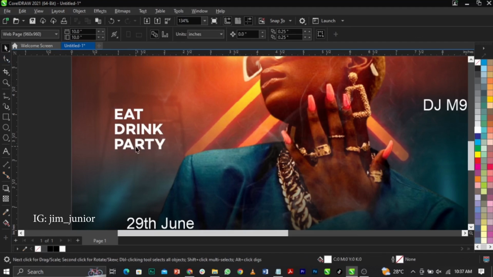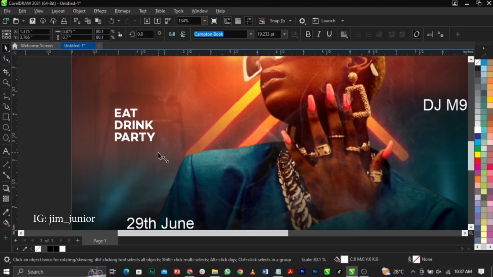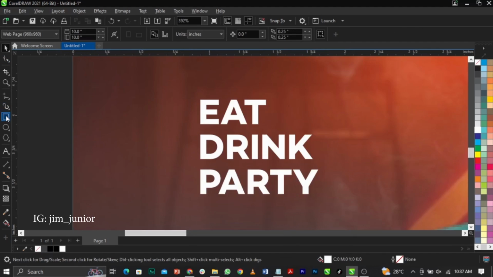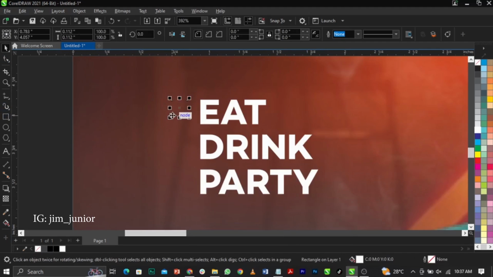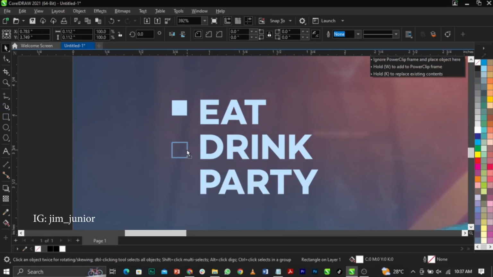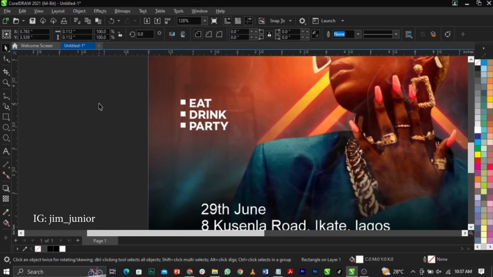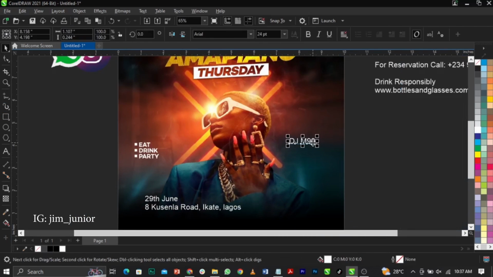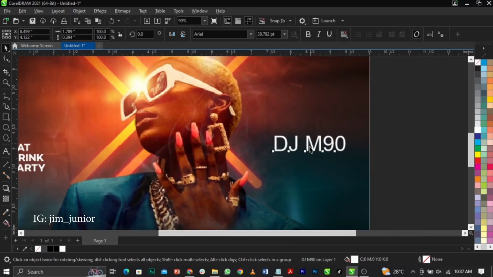And the next thing we're going to do is scale this down, and I'm going to select my rectangle tool and put the point here and give it a white color, then put another one here, and bring another one over here. So this is basically what you are going to have. Next, I'm going to place this one here. Then I'm going to put my cursor here and bring this one